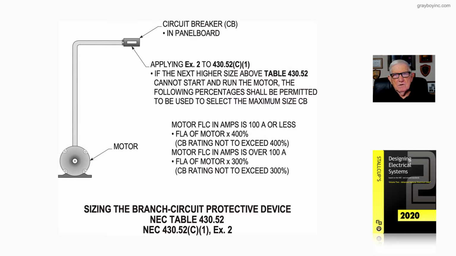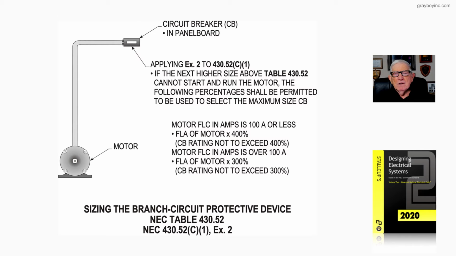Now this illustration deals with sizing the maximum size overcurrent device in accordance with 430.52(C)(1), Exception No. 2, item number 3. Now notice in the illustration we apply the percentages, and it's based upon the motor's full load current rating. For example, Exception 2 to